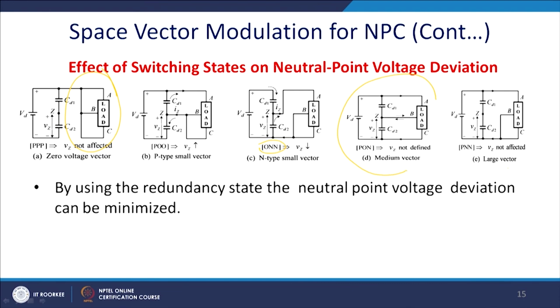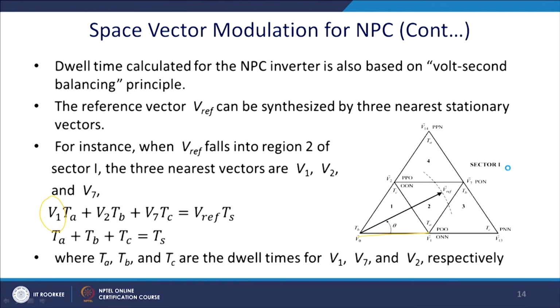Now, I give it to you as an assignment: what you have done in the case of the 2 level inverter to find out TA, TB, TC. I am not deriving it here, and you are expected to derive and solve it for TA, TB, TC for the 3 level calculations. Okay, thank you. We shall continue with the next class, and this is our last lecture on the PWM